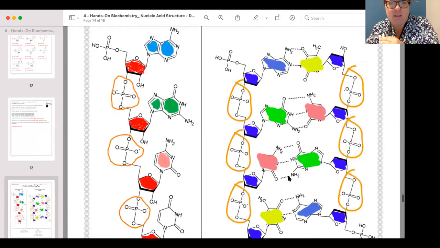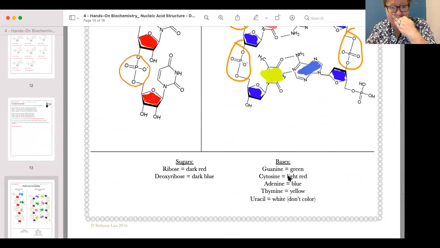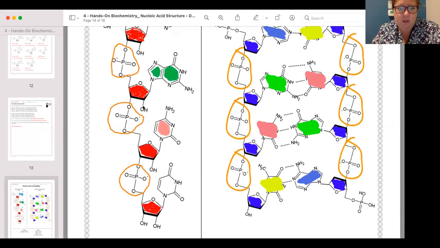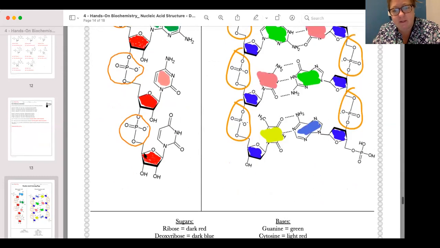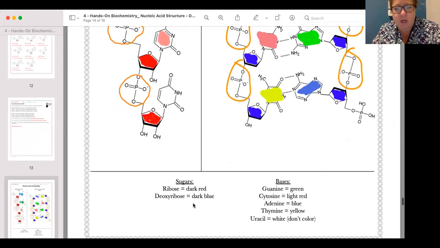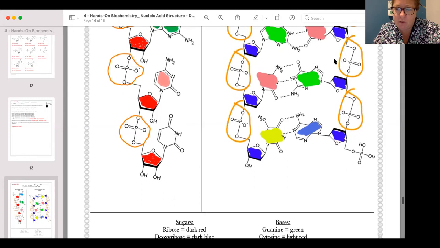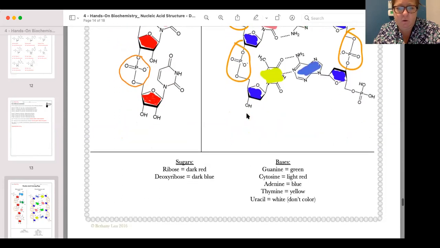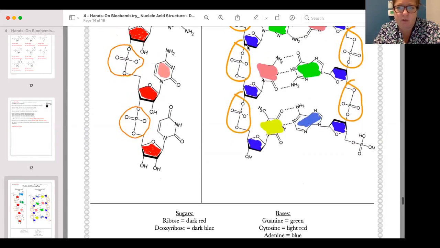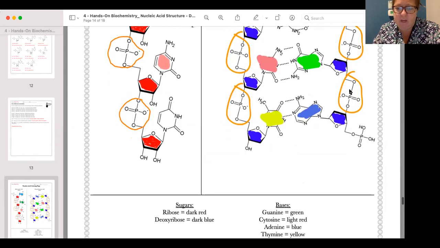All right, let's look at this page. You were to color the ribose, the sugars, dark red. So let's look at all of our sugars. Sugar, those are those monosaccharides. There they all are, your sugars. And then your deoxyribose, dark blue. Here it is without your OH group. So those are your deoxyribose sugars on this model. Your phosphate groups we circled in yellow. So here's a phosphate group. There's all your phosphate groups. And then it wanted you to do your